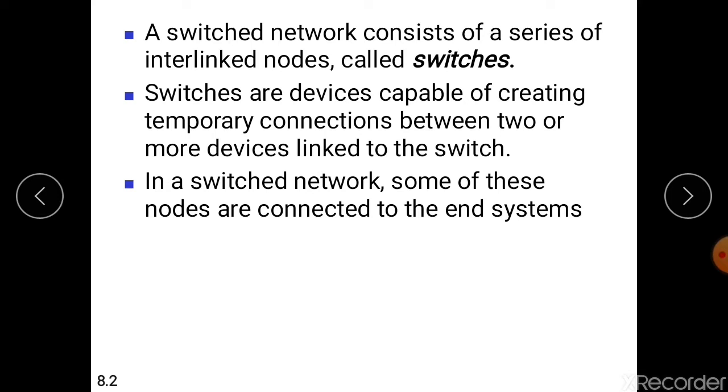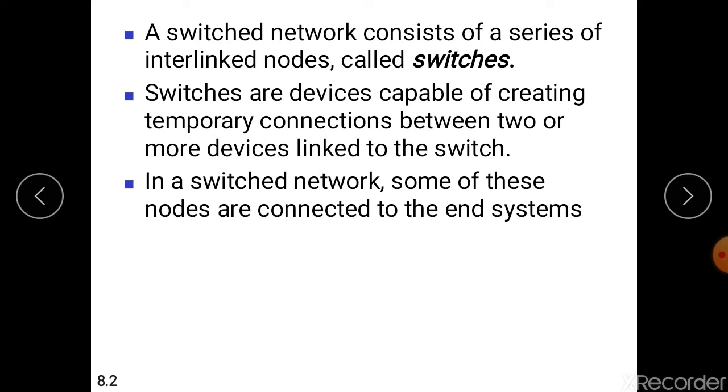But most of the time this method becomes impractical and wasteful when applied to a large network. That is, the number and length of the links required is too much, and the majority of these links would be idle most of the time.